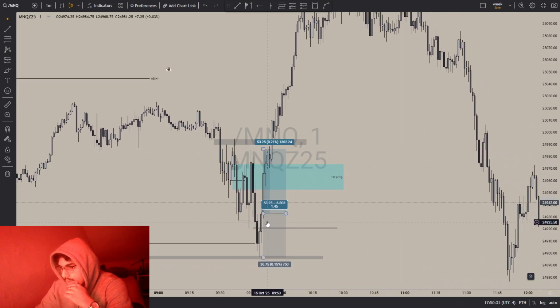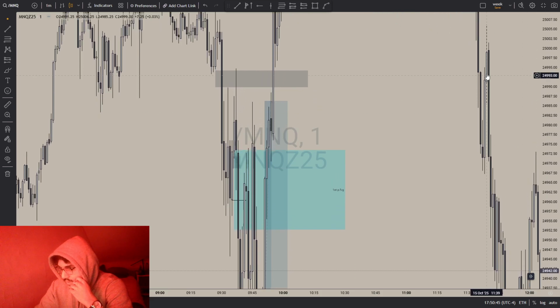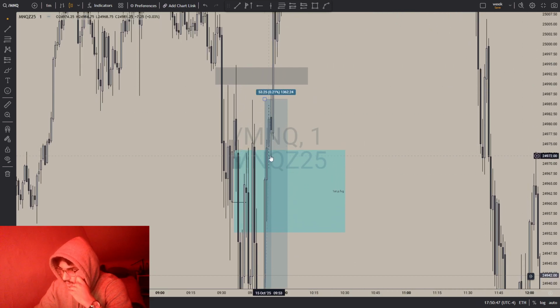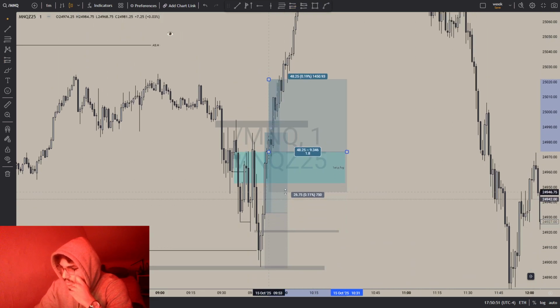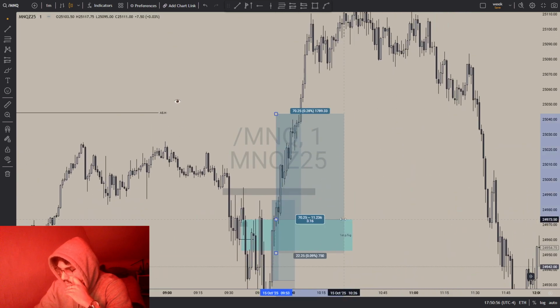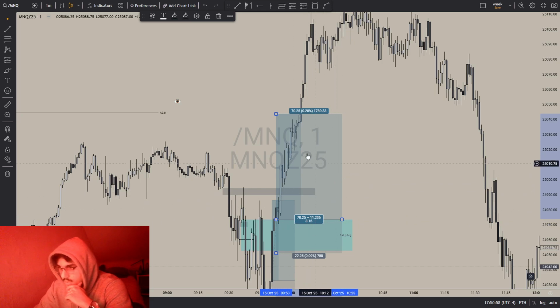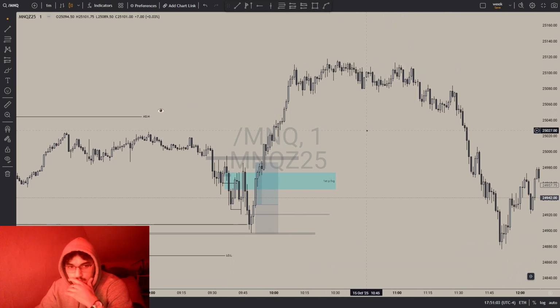I think Ayman also entered somewhere here. I think he added to his position after this first presented got inversed. As you can see here, it got inversed, then retest. You can enter here and put your stop right below this fair value gap and target the Asia high. This is another trade that looks good. So 1 to 3 risk to reward, it's a good trade. But like I said, I don't need the whole move for now.